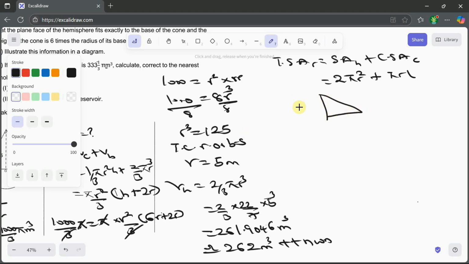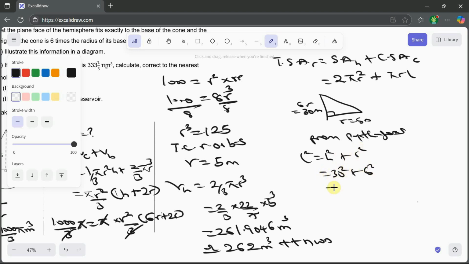This is 6r, which is the same thing as saying 30 meters. And this here is r, which is 5 meters. So from Pythagoras, L squared will be equal to h squared plus r squared, that will be 30 squared plus 5 squared. That will be 900 plus 25, so L squared is 925. Taking the square roots of both sides, your L would now give you